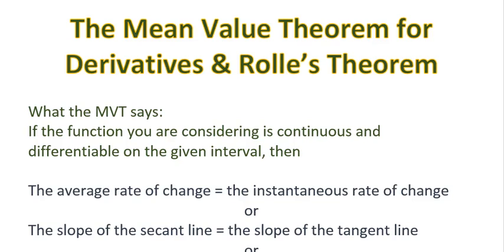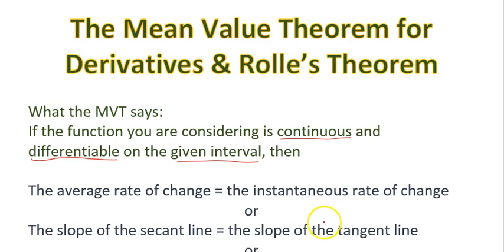This lesson is on the mean value theorem for derivatives and Rolle's theorem, which is basically just a special version of that. What the mean value theorem says is, you're given some sort of function, and you know that it's continuous and differentiable, so it's basically smooth, on the given interval, so you'll be given an interval, then your average rate of change is going to equal your instantaneous rate of change,